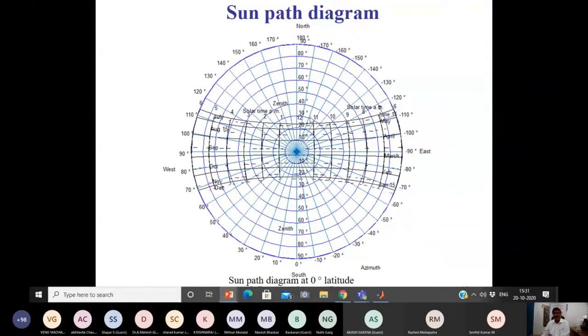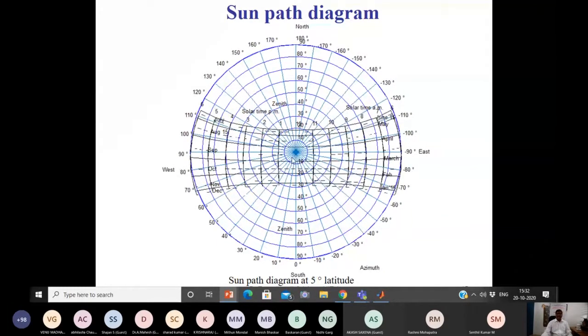These are all solar times, because all the calculations we have to make are based on solar time, not the watch time or standard time, because solar time is the reference time. But as per our convention, we can convert solar time into watch time or watch time to solar time. For clarity and to show the symmetry, I am representing the time on a solar time scale. So 6 to 6, that means 6 AM to 6 PM, is shown here. Since the location is exactly at the pole, you can see the symmetrical shape of the sun path diagram.